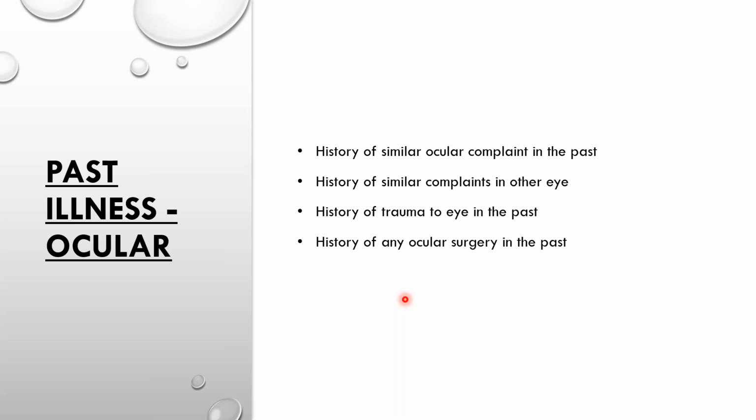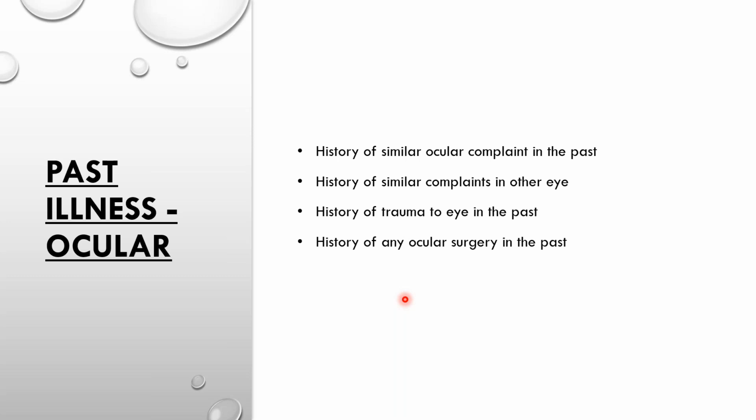Anything like that, and any minor history of a fall, or a fall of an object on their head, or a history of collision, or a history of trauma by a ball. They're all very, very important because these could actually lead to diseases with time. For example, it could lead to a cataract, as I already said, a traumatic cataract. It could lead to angle recession glaucoma. It could cause commotio retinae or Berlin's edema, as you know it. And also it could lead to blowout fractures, right?